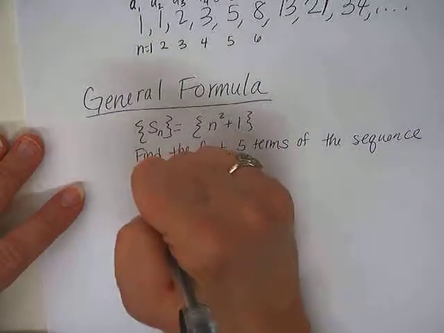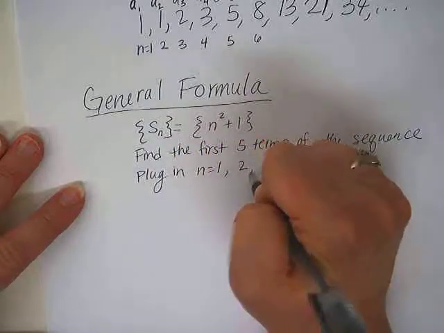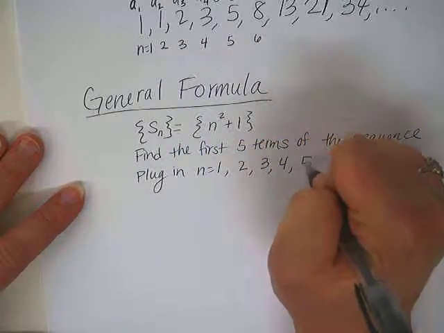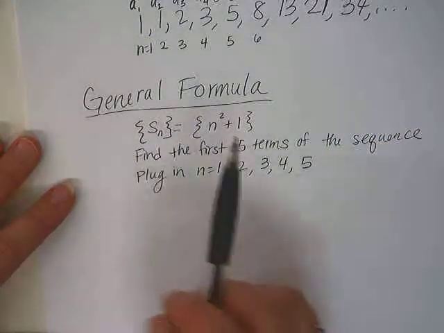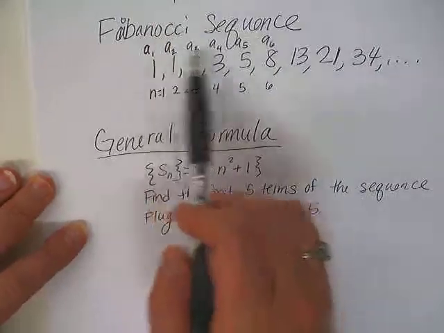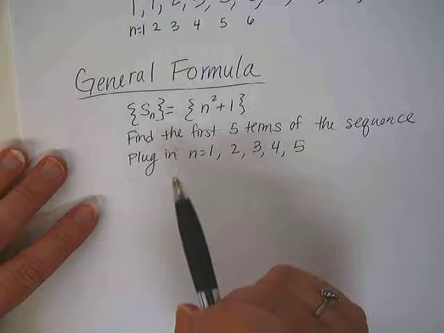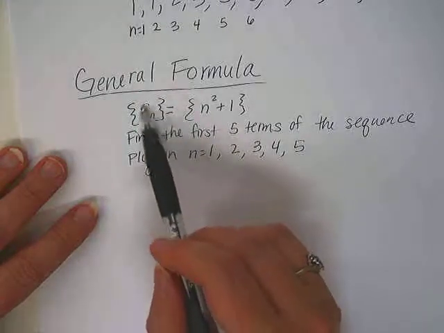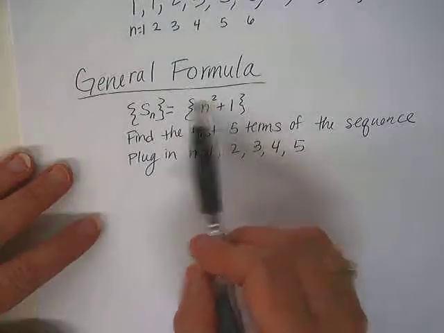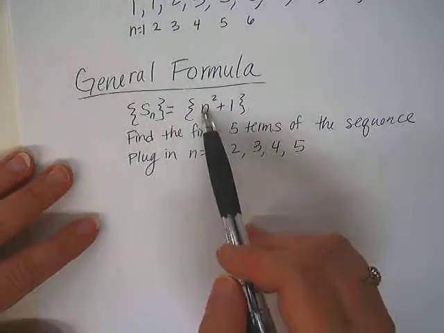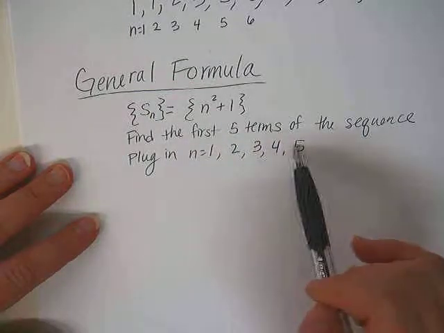That would mean that we plug in n equals 1, n equals 2, n equals 3, n equals 4, n equals 5, and then that would give us the first 5 terms for this sequence. So you know how I said typically we're going to use A? We are. This one happens to use S. So just don't let it confuse you. So that's like S is the Y value, N is the X value, more or less. So we're talking domain, range, and we plug this number in, we get these numbers out, and our domain is